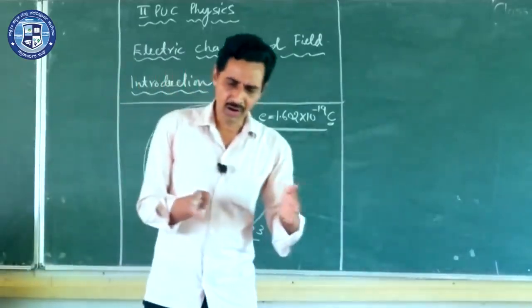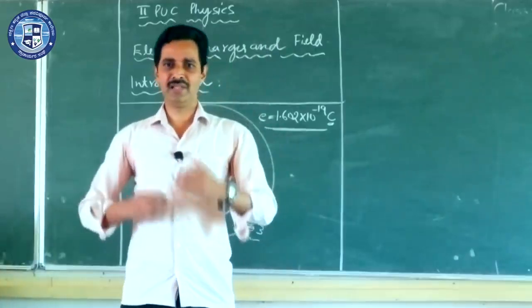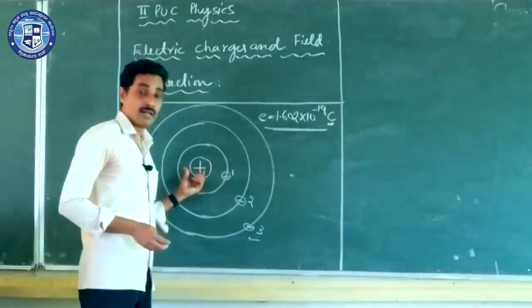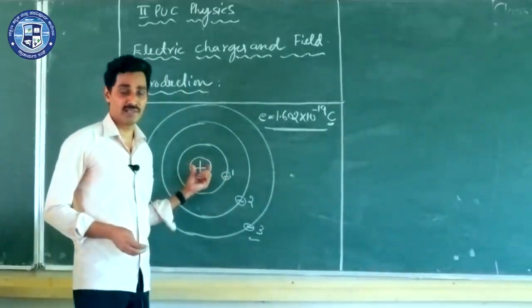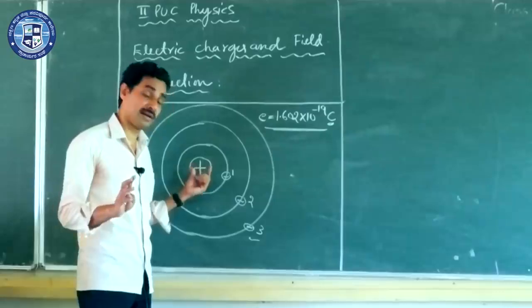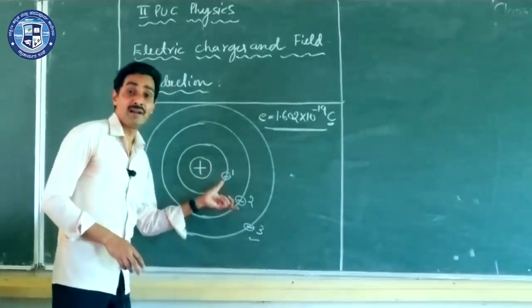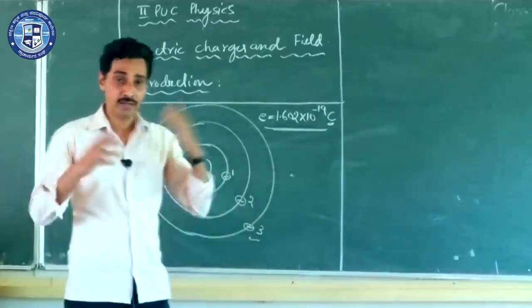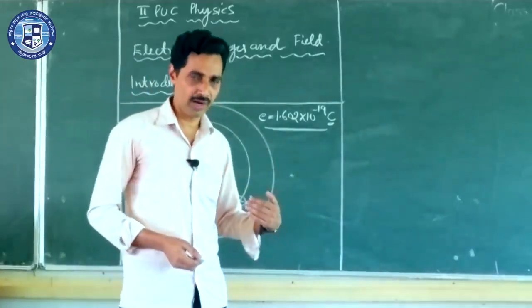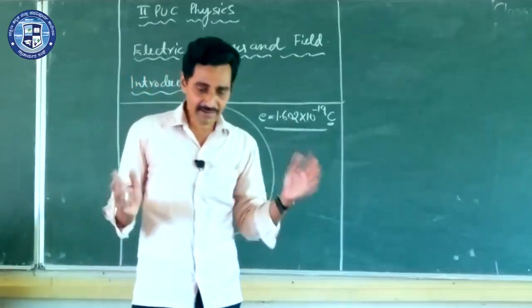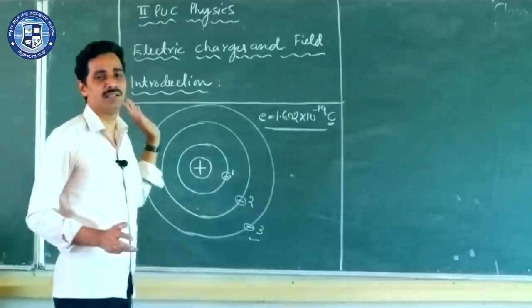We will take some odd numbers so that it becomes very convenient for our day-to-day life, but in reality it is not so. Let us assume that there are 100 protons inside the nucleus. There are not 100, there are plenty of protons inside the nucleus. Equally, 100 electrons will be revolving around the nucleus. So inside the nucleus, if you have 100 protons, definitely there are 100 electrons outside the nucleus, so that the atom as a whole is electrically neutral.